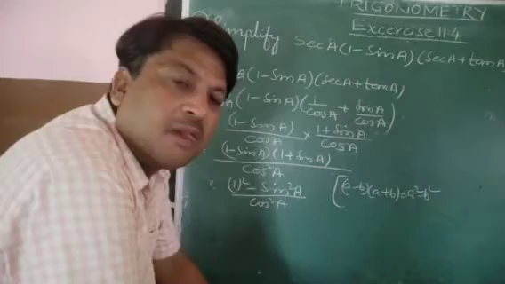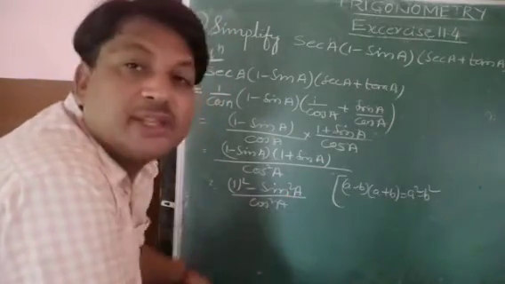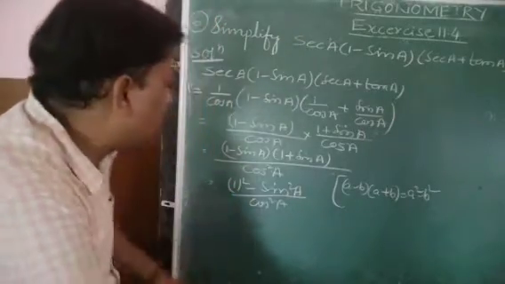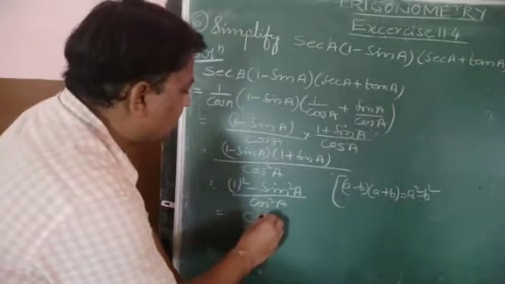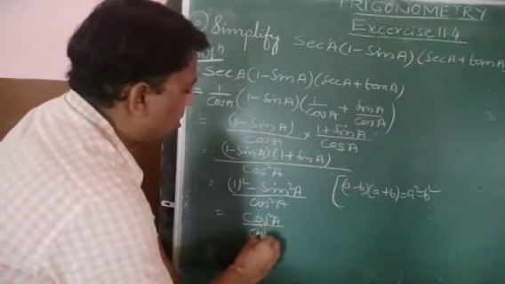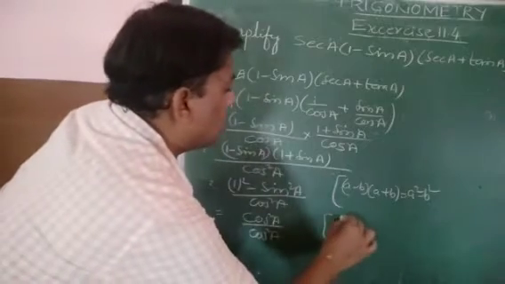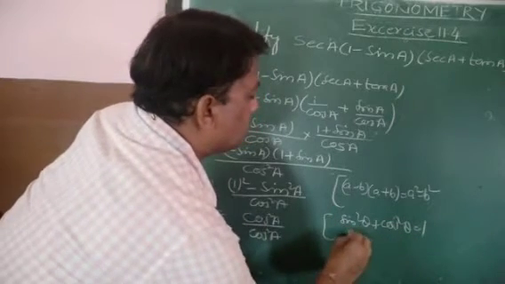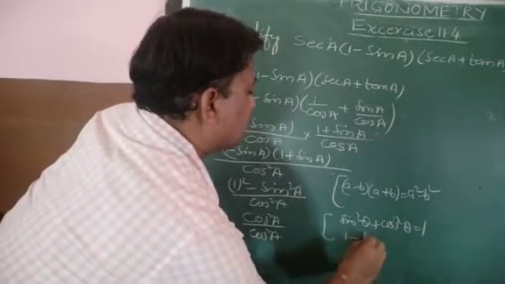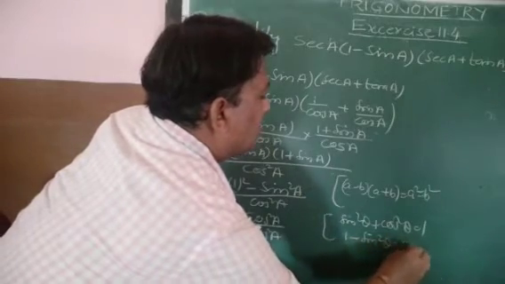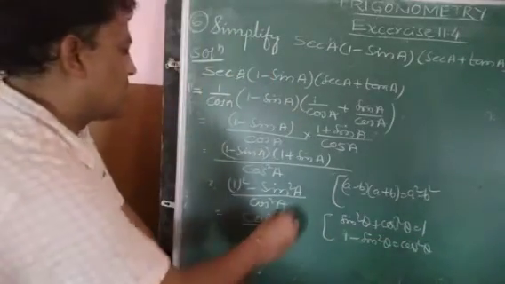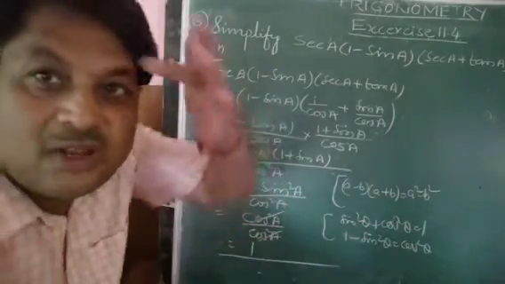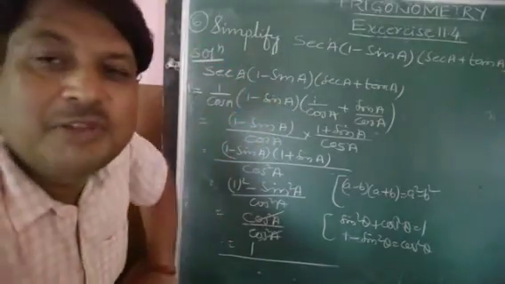Okay children. So after this, see here, 1 minus sin square A. What is 1 minus sin square A, children? Yes, it's a trigonometric identity. 1 minus sin square A is nothing but cos square A, and the denominator is also cos square A. How? Because sin square theta plus cos square theta is equal to 1, so 1 minus sin square theta is equal to cos square theta. Cos square A cancels. That is 1. So it's the least simplified; if we get a numeral, we cannot simplify further, children.